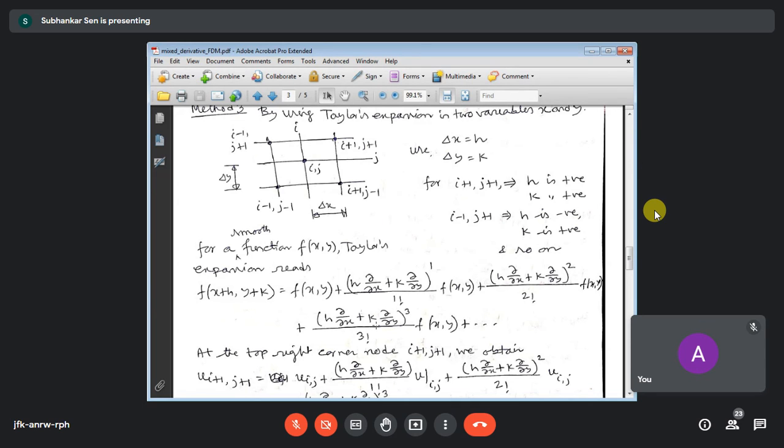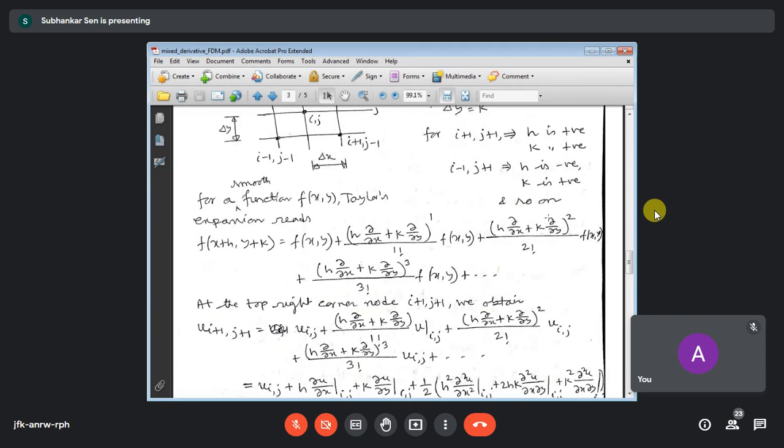Up to third derivative we have shown f of x, y plus h del del x plus k del del y by factorial 1. So in different powers we shall get. You will see that it is not exactly like powers. When we simplify, it gives you ultimately the order of the derivatives. So this second power, the third power, and so on.